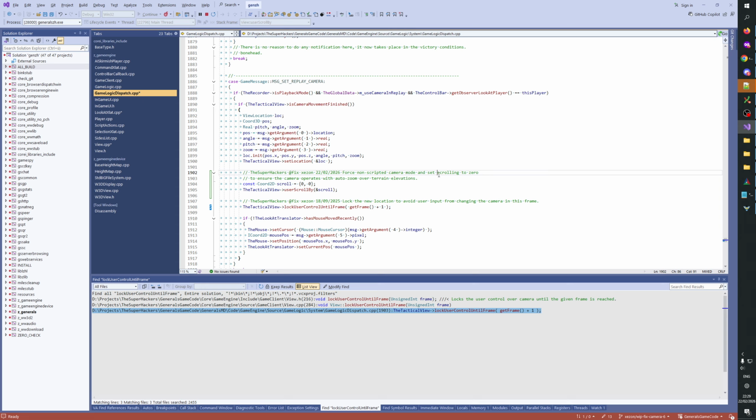Force non-scripted camera mode and set scrolling to 0 to ensure the camera operates with zooming, with